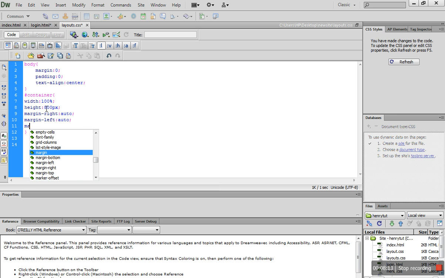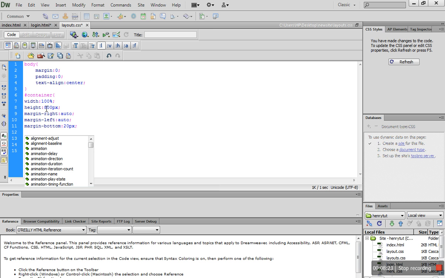On margin bottom, let's give it 20 pixels, and margin top, let's give it 20 pixels also. Okay,